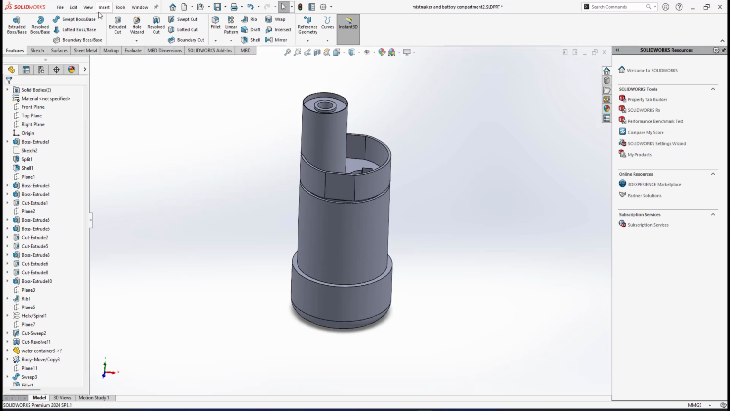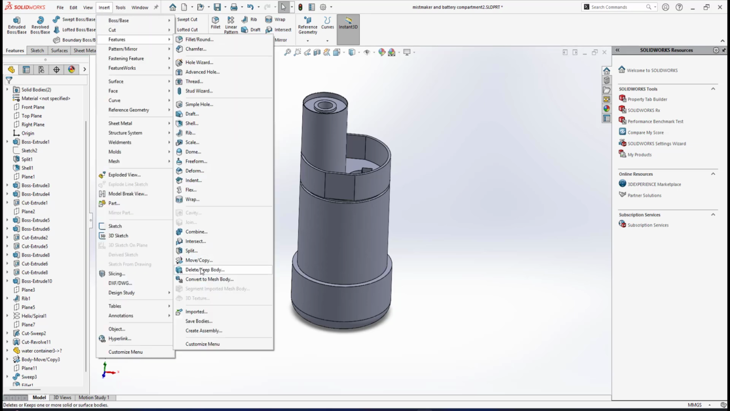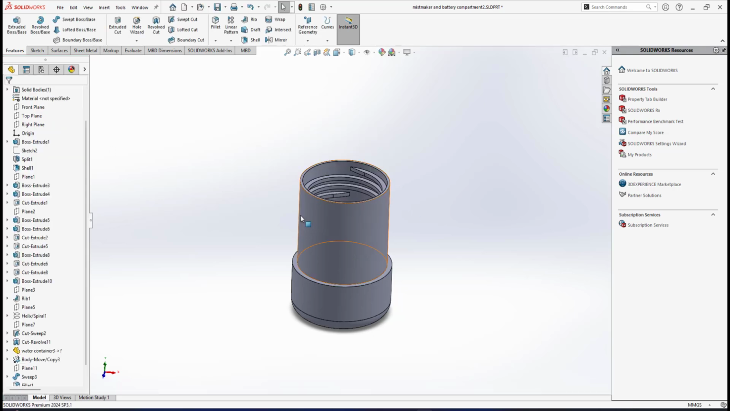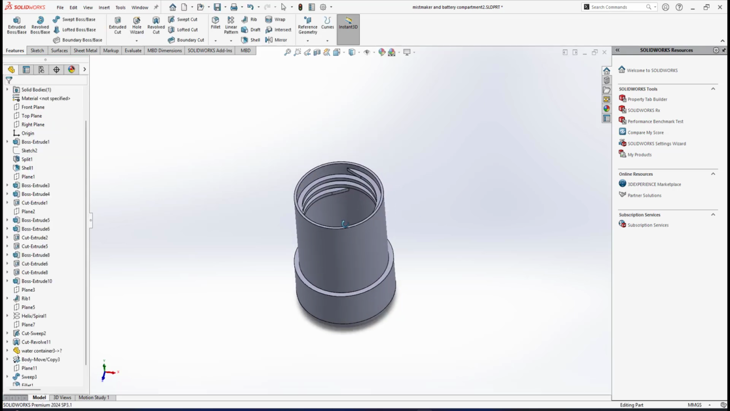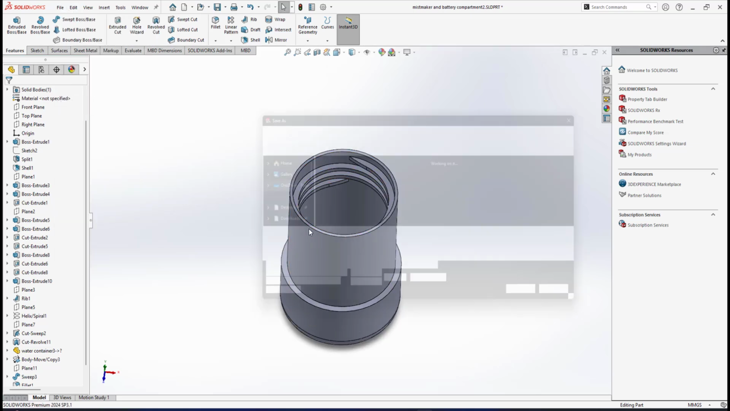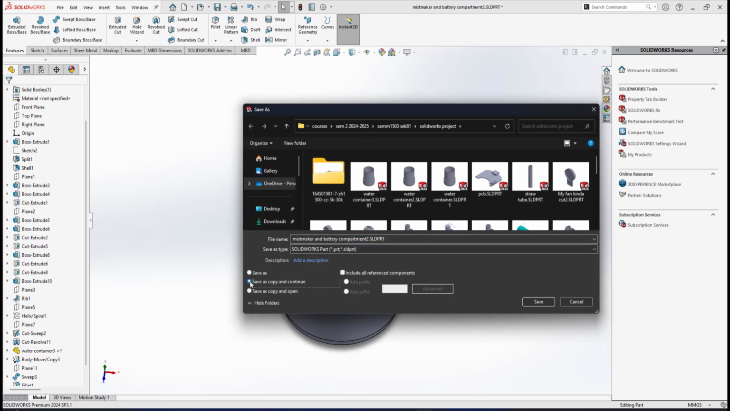So I will do the same approach. Here I will insert features, delete body. I will delete the mist making unit. Then what's left is only the water container bottle with the internal thread. So this one I will do file save as. I will go for save as copy and continue, but I cannot name it water container 3. This is looping in this file, so I will name it water container 4. Okay, as long as it's a different name, make sure that I save as copy and continue, then